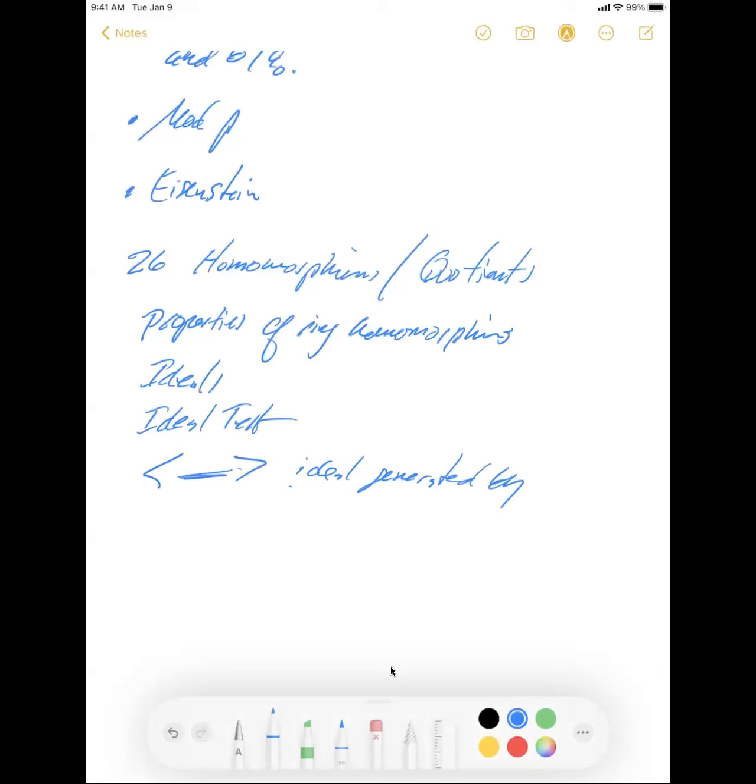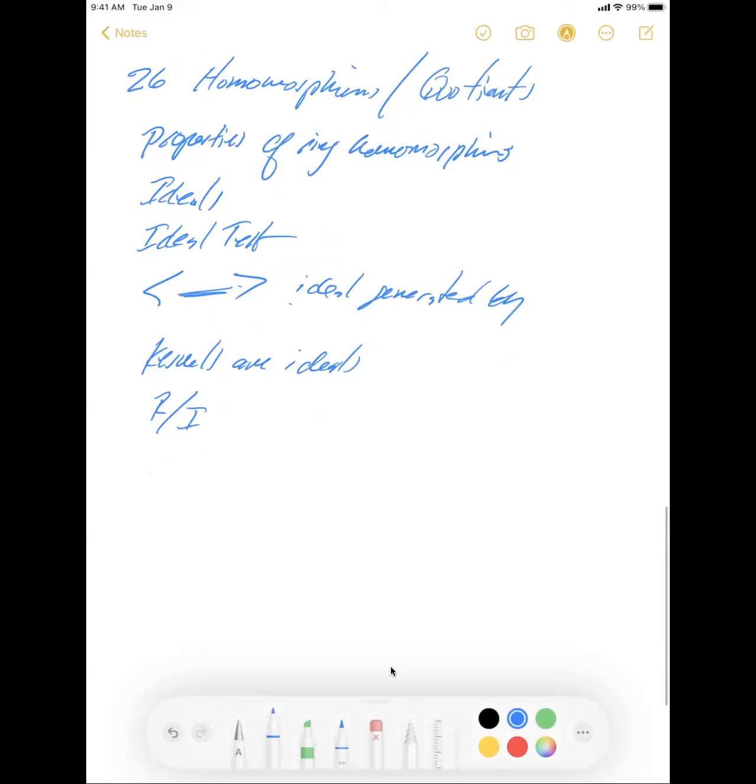That can be some collection of elements in your ring. Kernels are ideals. R mod I. First isomorphism theorem. I think I had you prove the first isomorphism theorem for groups. There's not a whole lot more to prove for rings, right? There's a couple extra things we have to look at, but